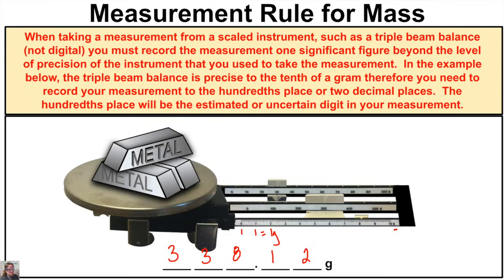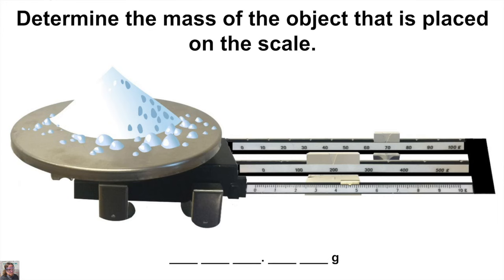Let's take a look at another example. So in this example, we have some sort of chemical that has been placed on the triple beam balance, and we have to determine the mass. So we know that it's 200 grams with 100% certainty. So 200, we have 70 right here, 270 plus 4, right? I'm sorry, this right here is past 4, not quite to 5, so it's 274 grams with